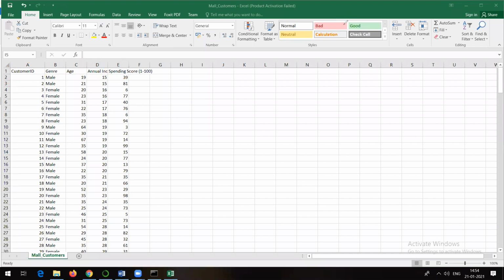Now see, what is this spending score actually telling you? It depends on how people spend money.